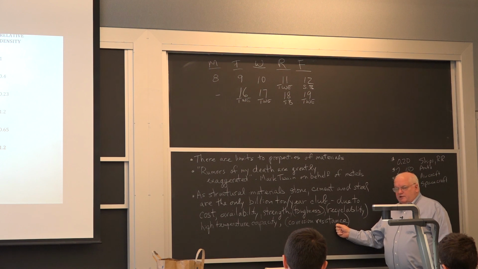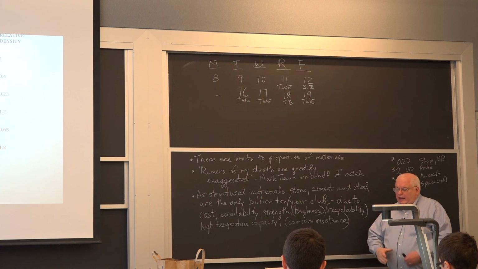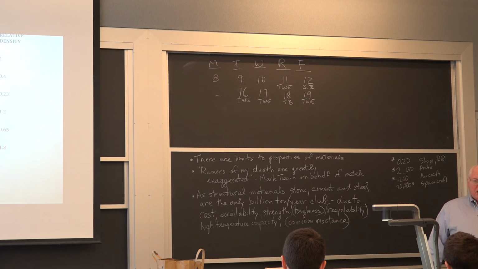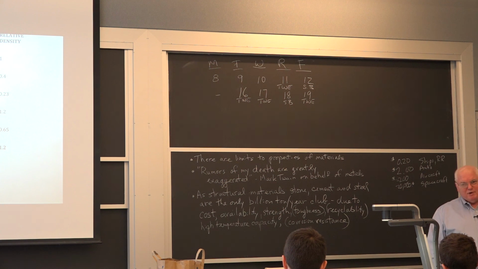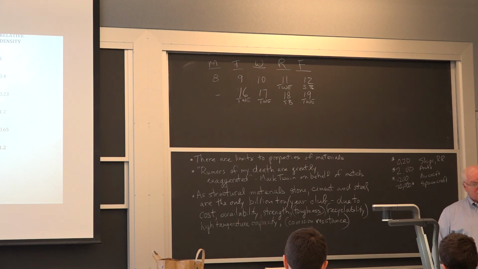I put corrosion resistance in parentheses because steel's Achilles heel is it corrodes. It wants to go back to iron oxide or iron sulfide. And it will, and it does. And it helps us to produce more and more steel each year to replace the junk. Hey, they just dug up my basement. I went home yesterday, they just dug it up. Cast iron pipes, sewer pipes. Good thing I dug up the basement. I was going to have to do it again sometime in the next 10 years because those pipes have been down there for 80 years. They're not much good. And I was discussing whether they should put in plastic, because if I put plastic sewer pipe in, it'll be there 150 years from now, and I may not be alive by then.